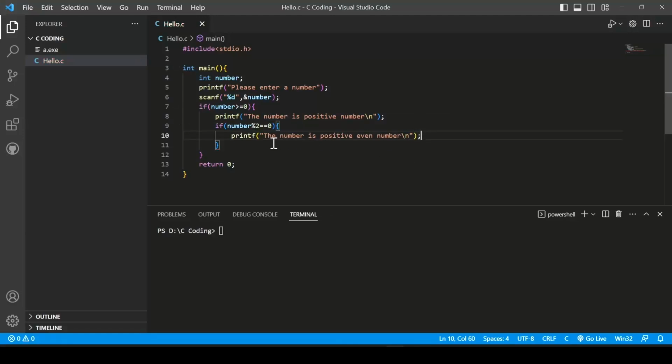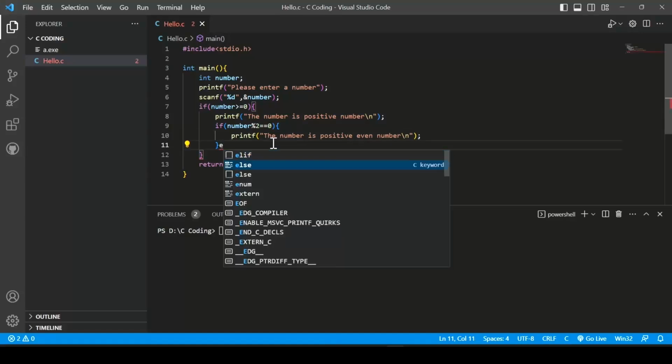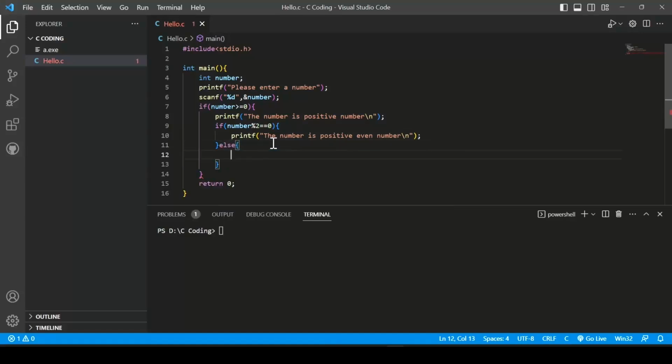And after that I use else, and here I provide printf. Now here I provide the number is positive odd number. Okay, now after that we can also provide here else,